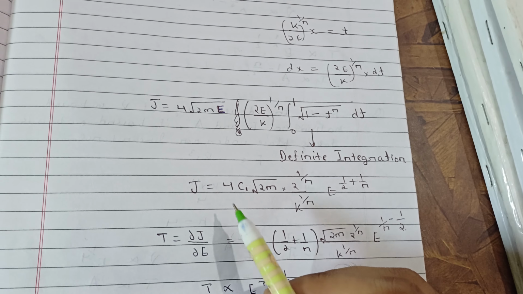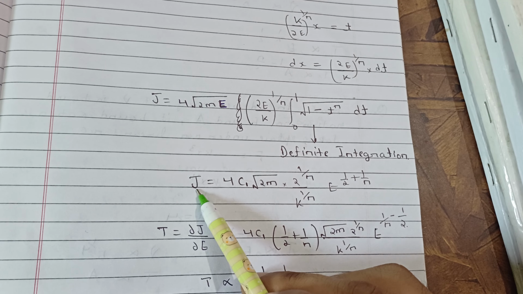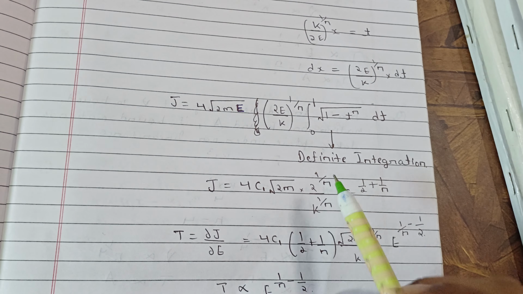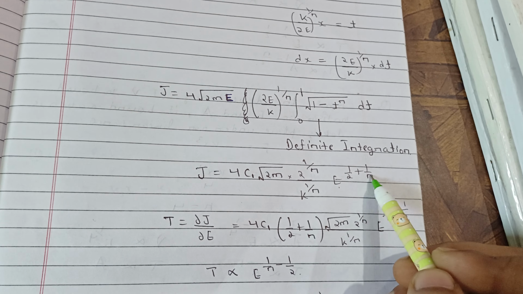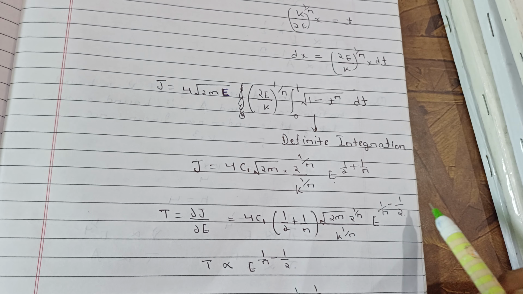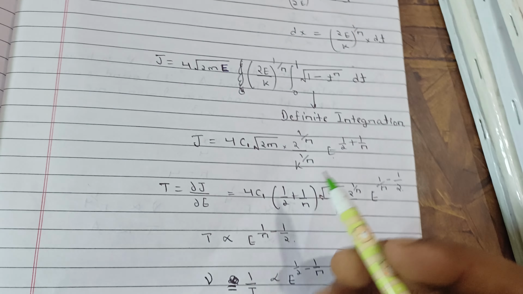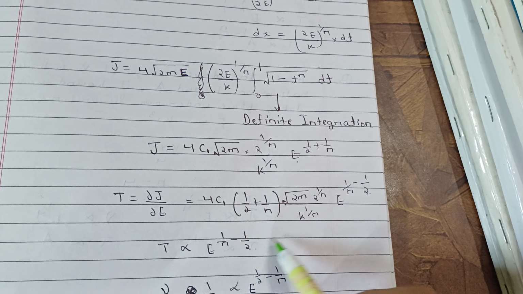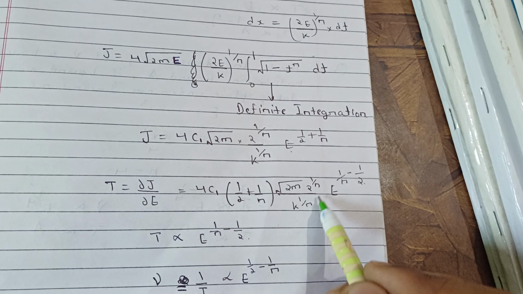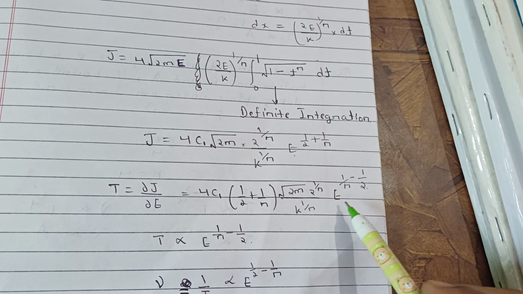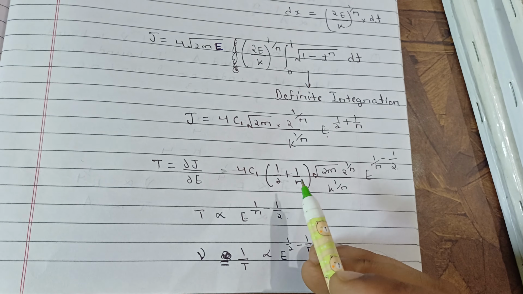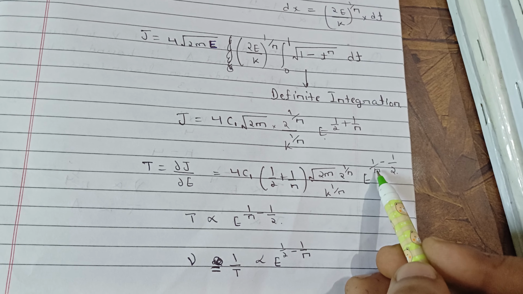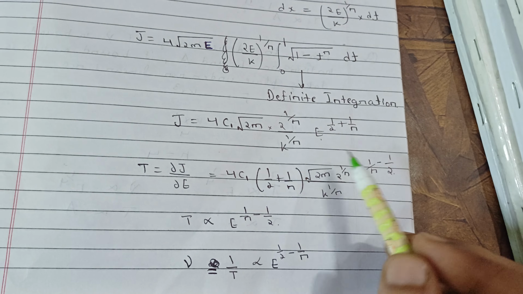Now see, I already told you, when you find the differentiation of J with respect to E, whatever you are getting on the right hand side will be the time period. So del J by del E will give you, this will come here and will be minus 1, so it will give you minus 1 upon 2. Now see, this is the time period, and all these things are constant, and this T is depending on energy. Means in the simple harmonic oscillator you are getting E to the power 0, but here you are getting E to the power something. Means if you place 2 here for the simple harmonic oscillator, you will get 0 here, so again the time period will be independent of energy.